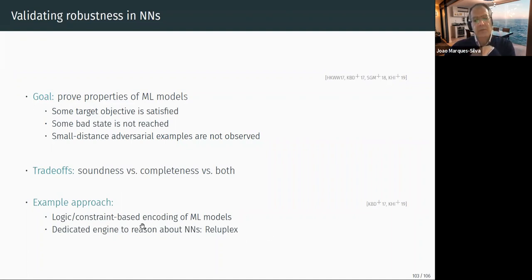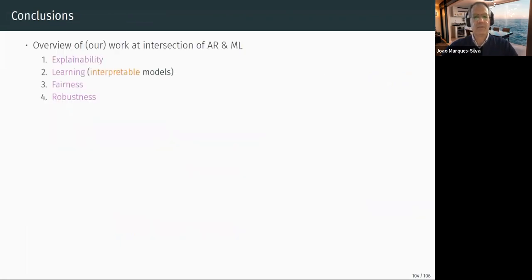Why do I talk about this one? Because first you have an encoding of a machine learning model, and then you have a dedicated engine to reason about, in this case, neural networks. It's a very active area of research. One of the challenges is exactly the one I mentioned at the beginning of the lecture with respect to neural networks. With our approach, we could explain neural networks with tens of neurons. They can explain, analyze neural networks with a few hundred neurons. So there is a very significant limitation at this stage in what we can do, and this is open research. Okay, very good.